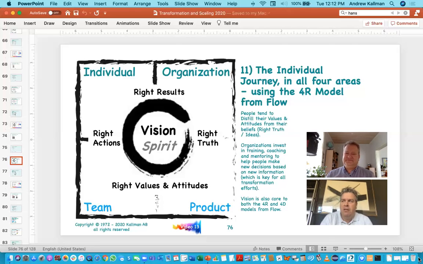You need to build a foundation of truth and values, because transformation is about people. It's not about structure in the end. I really like what you said about the executives. They inform and then they expect action, but they forget to distill agreement on the values and attitudes, which is exactly what generates the enthusiasm